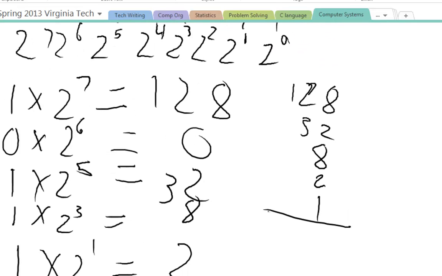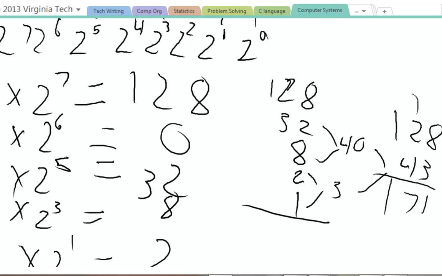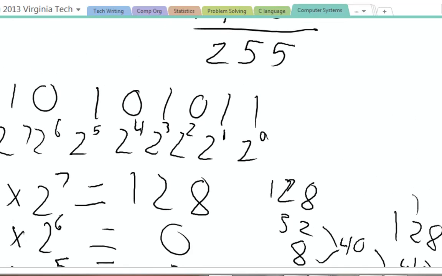And I'm just going to add them up here. What I like to do is make it into a smaller problem. So I've got 3 here, I've got 40 here, and that's going to make 43. Then I'm going to bring the 128, so 128 plus 43, carry the 1, I believe is 171. So 171 is equivalent